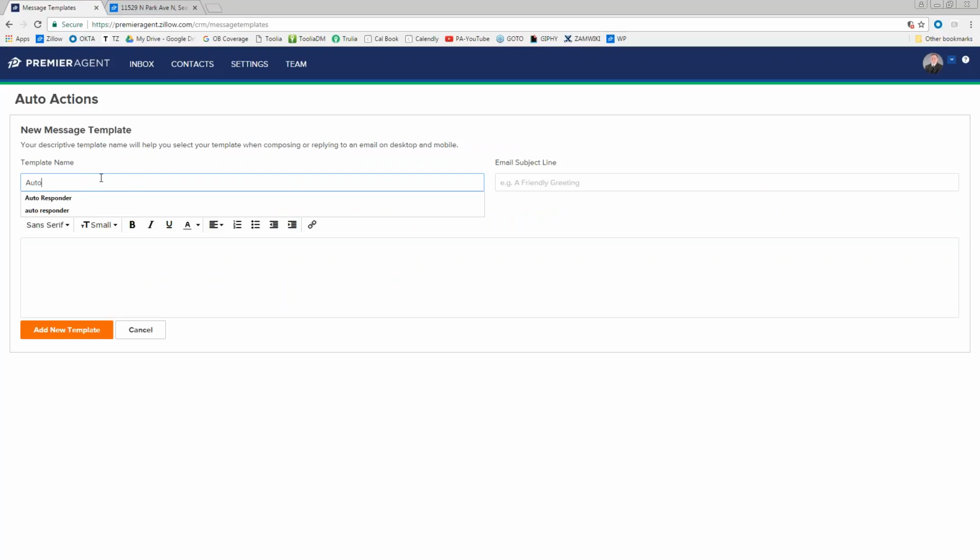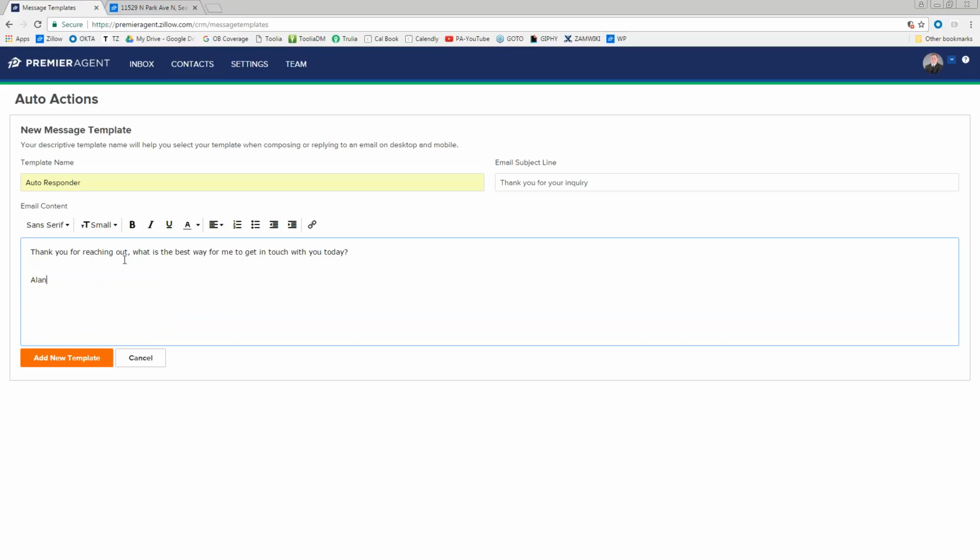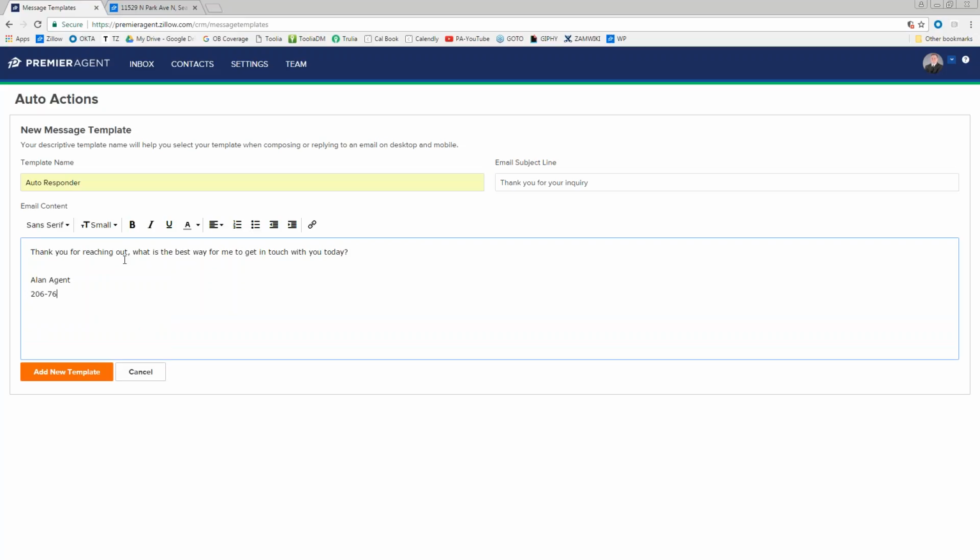The template name is just for your reference. They won't see this, so I'll title it Autoresponder. The subject line is, thank you for your inquiry. And these are just examples. Feel free to customize this and personalize it with your own kind of spin on it. And then in the content, you could say something like, thank you for reaching out. What is the best way for me to get in touch with you today? And then sign off with your phone number